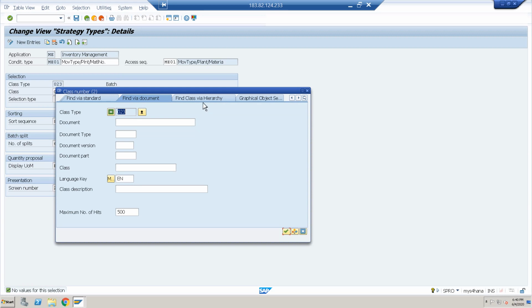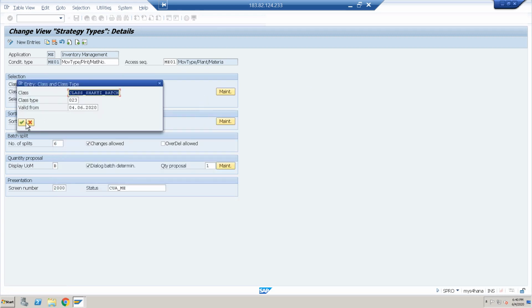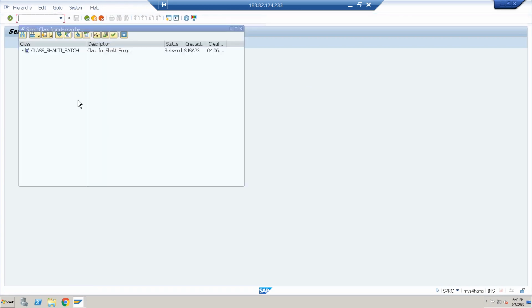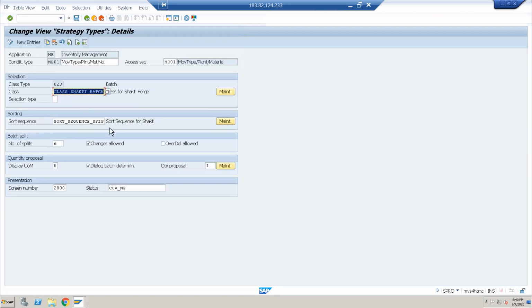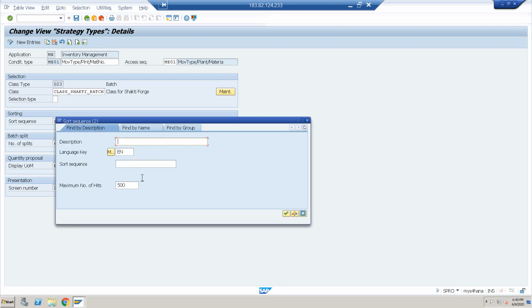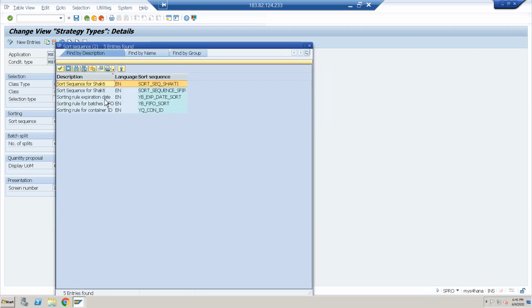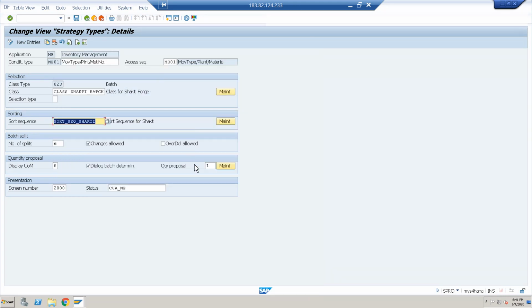Also not. Yeah, this is my batch. And enter your sort sequence. This is the sort sequence I have created right now. Just save it.